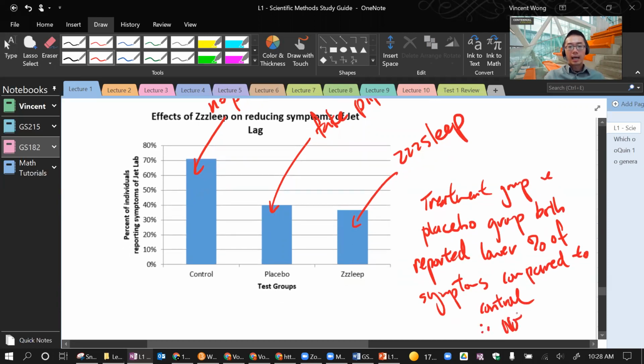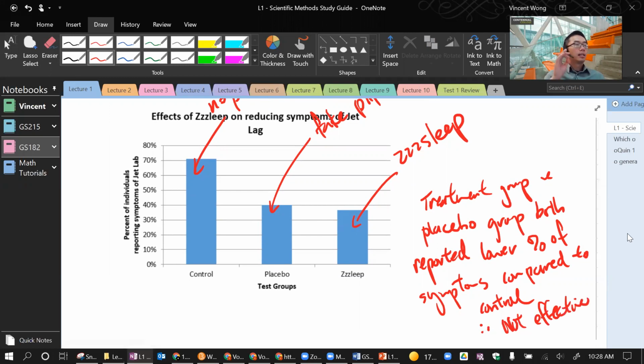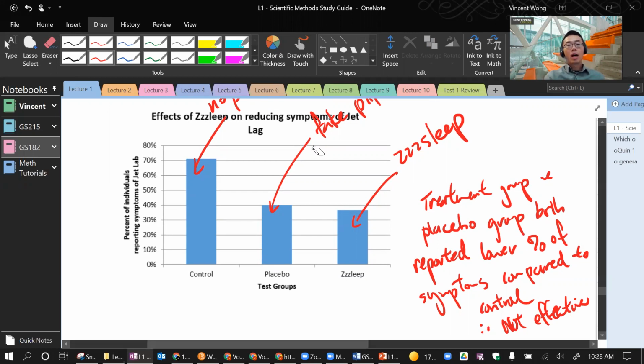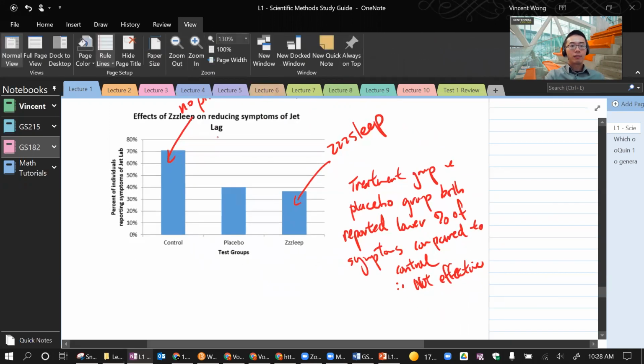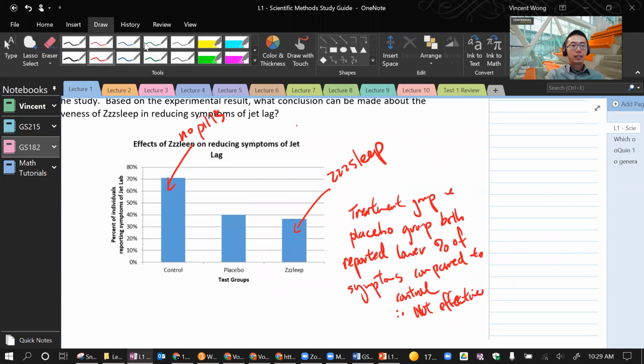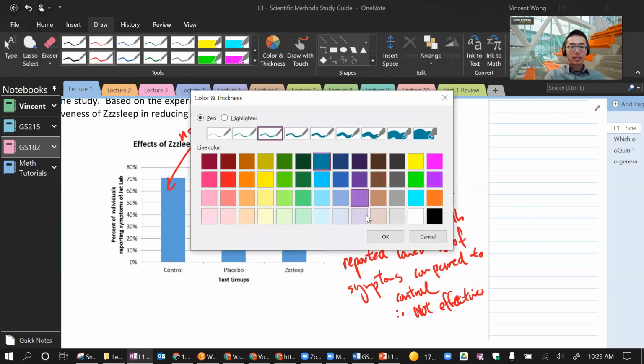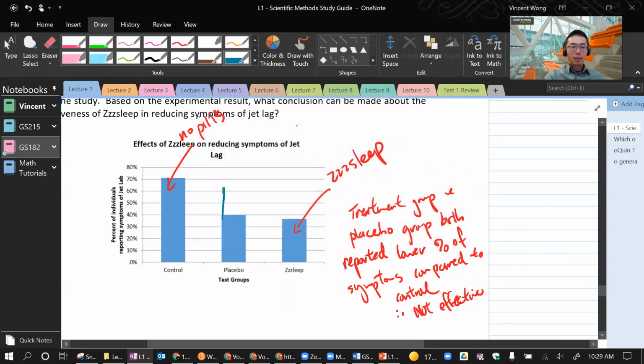Therefore, not effective. Okay. If the drug was effective, then the graph would look more like this. If the pill is effective, then the graph would look more like this. Let me see if I can do this. This one would be similar